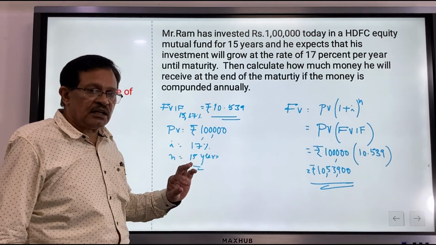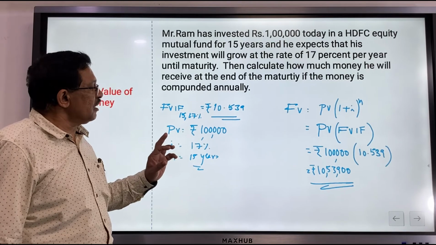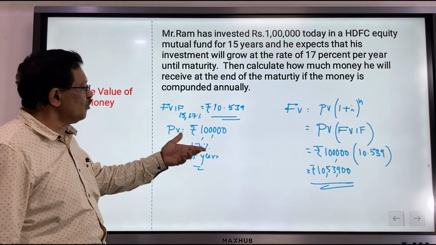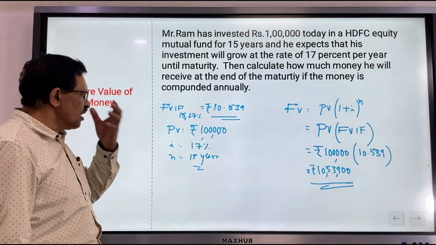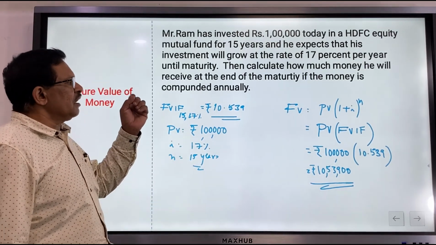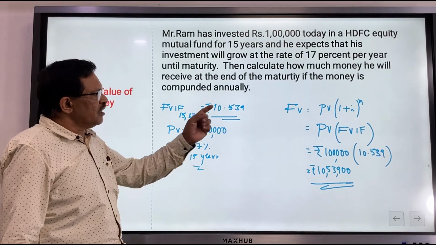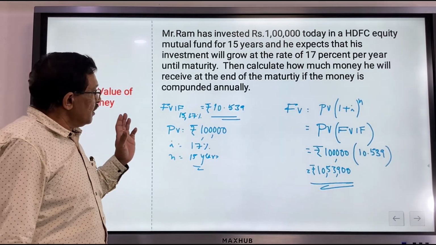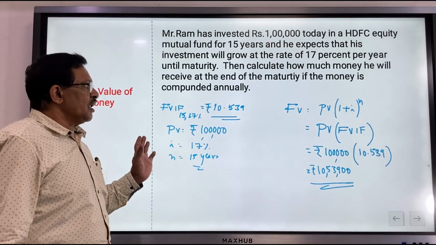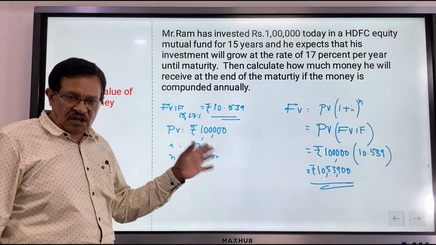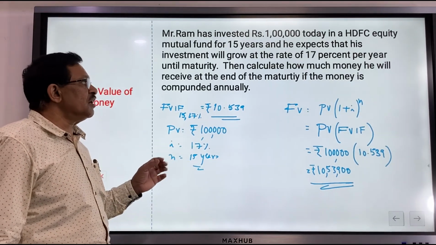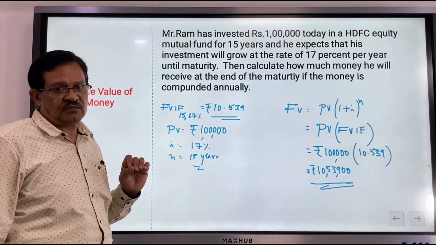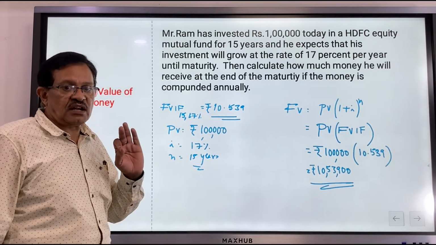There might be small differences between the calculations we made through the calculator and this table. The reason might be that the number of digits we take here and the number of digits in the table value might be different. But usually calculating through the table value is much simpler and easier, but we need to understand very clearly which table has to be used appropriately in the examination.